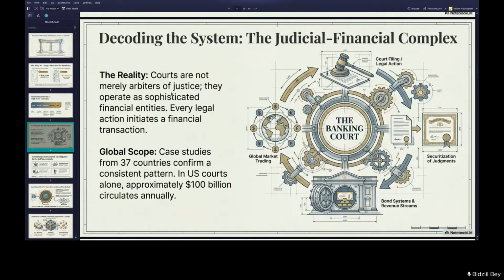We are talking about approximately $100 billion annually, circulating through American courts alone. And this encompasses everything: civil judgments, criminal fines, routine court fees, the billions tied up in bail bonds. And CourtBank shows similar proportional figures across other developed nations, revealing this consistent global pattern where the judiciary operates as